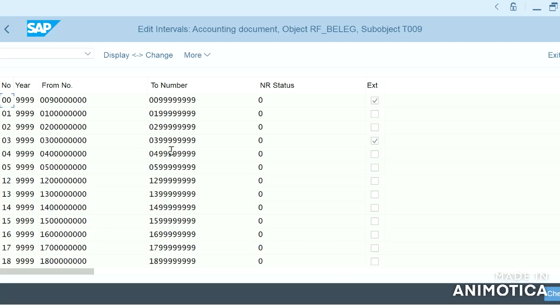The main point to remember is that a single number range can be assigned to one or more document types, but as we have seen, a document type will have only one number range.